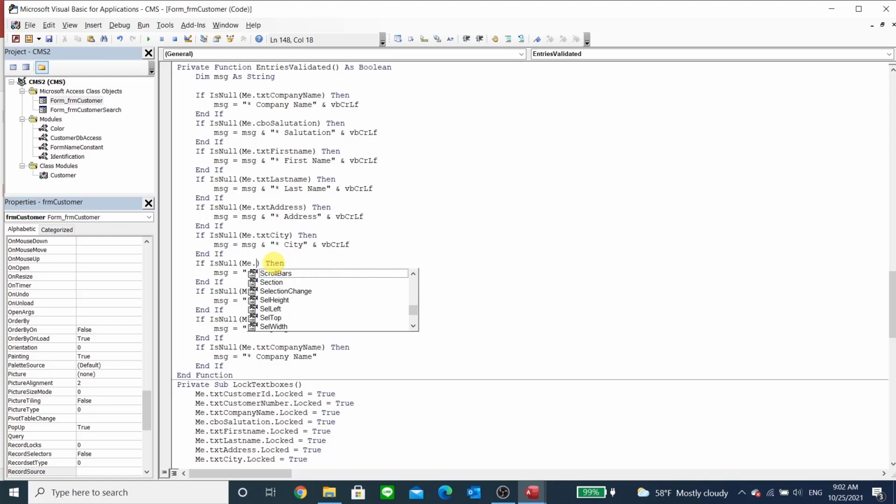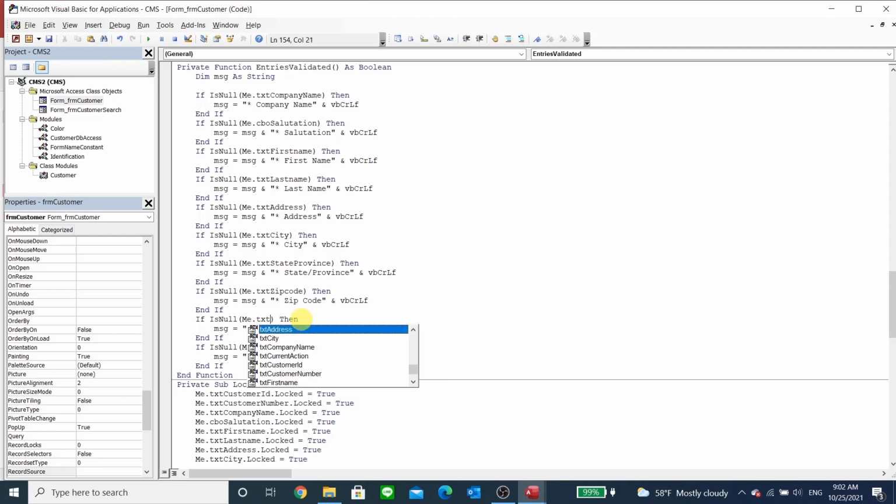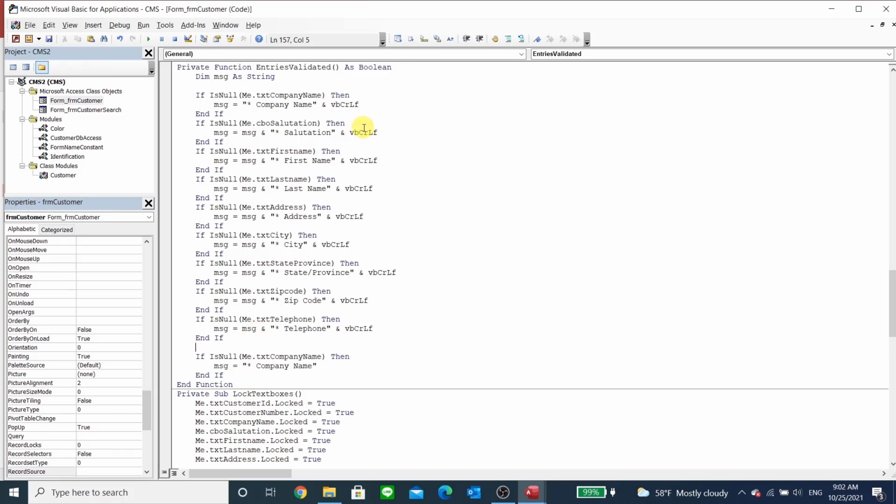State text, state, zip code, come on, there, telephone. I think that's everybody. Company name,